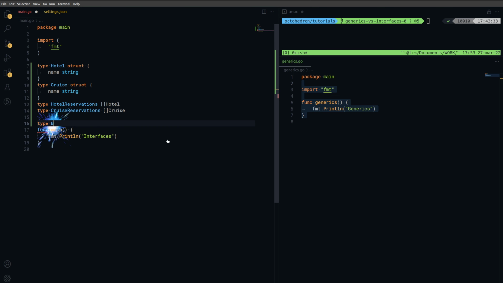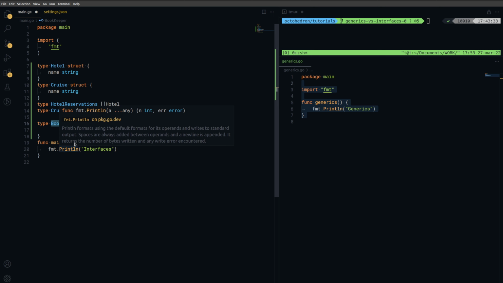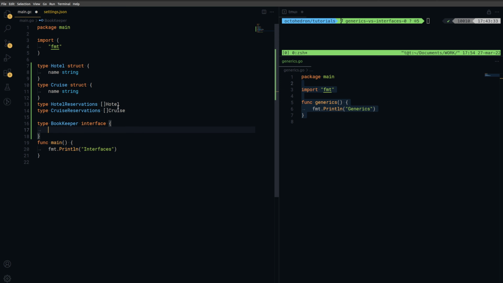So type bookkeeper interface. We want to call this bookkeeper because it keeps the bookings. So we can also call it reservation keeper. But let's call it bookkeeper. The bookkeeper interface will encapsulate shared functionality between these two types, okay? Which are slices of hotels and cruises, because they can be booked. Because you can book a hotel or a cruise, okay? So